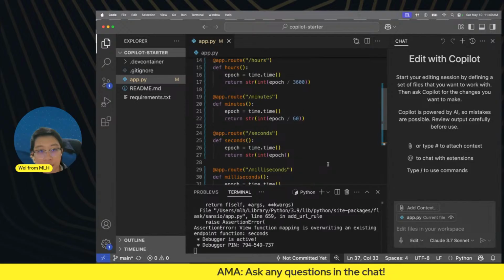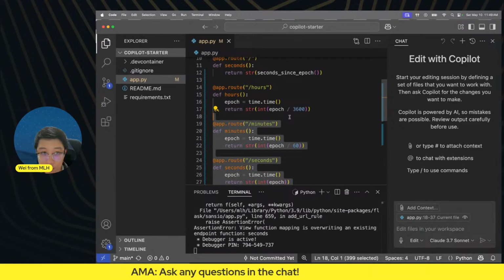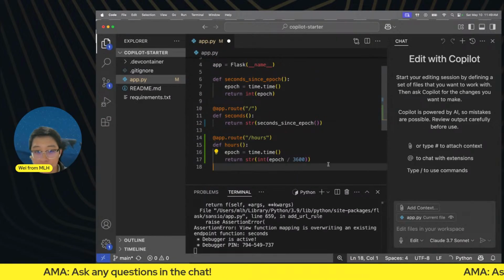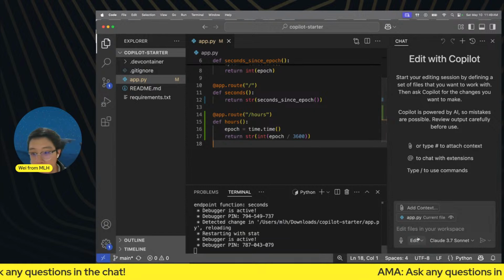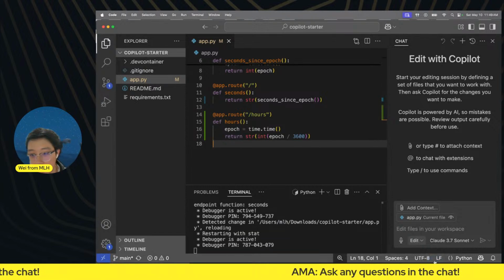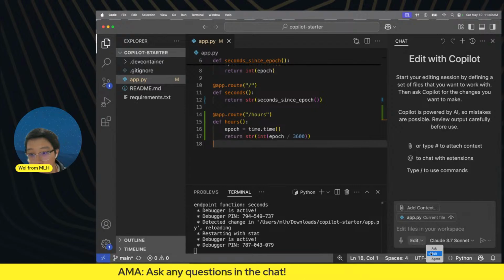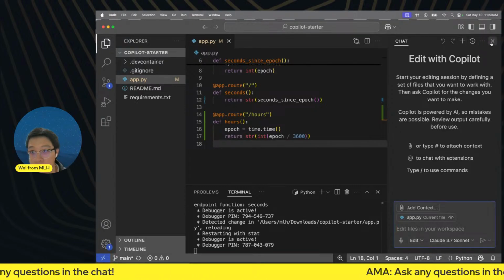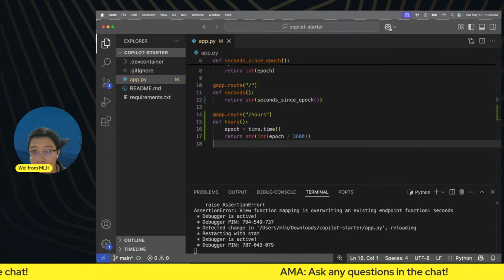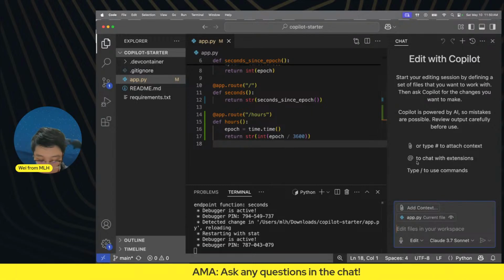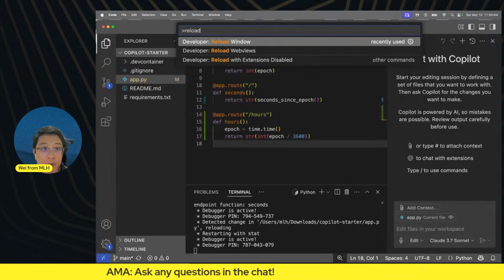Another thing I could do is I could just use the agent mode. So instead of typing, I could use the latest agent mode by clicking this and changing it to agent. If it lets me, it doesn't let me. Looks like my Copilot, I might have to restart my window real quick. Let me just do that real quick.